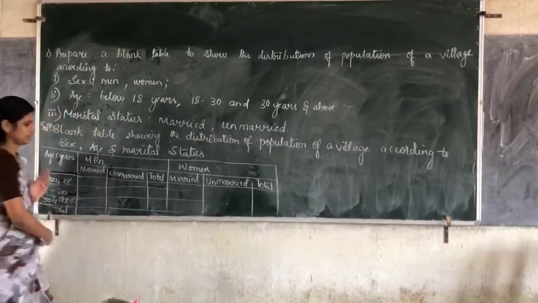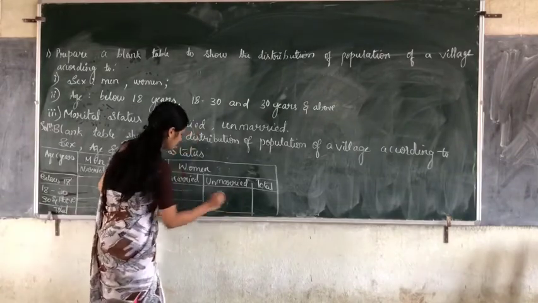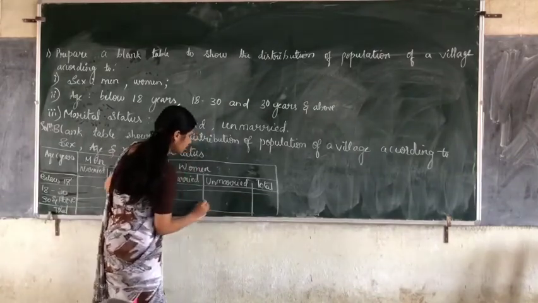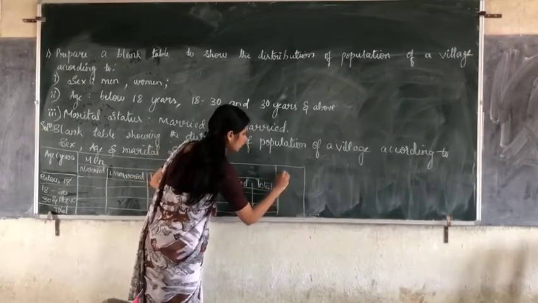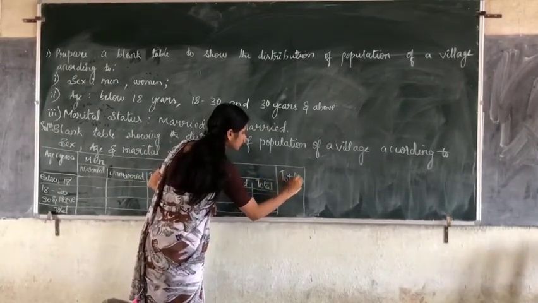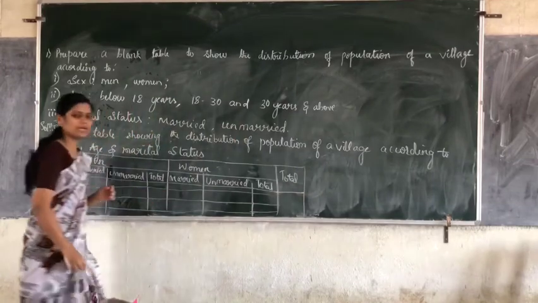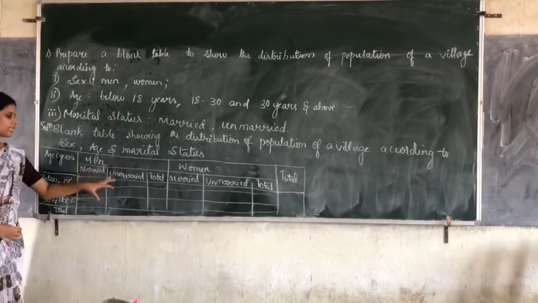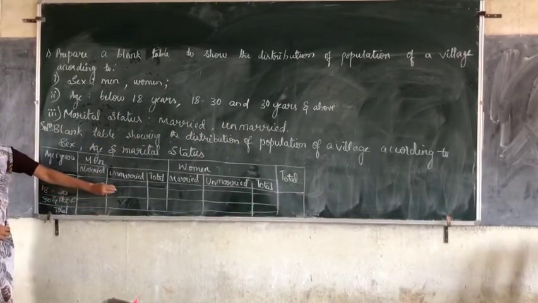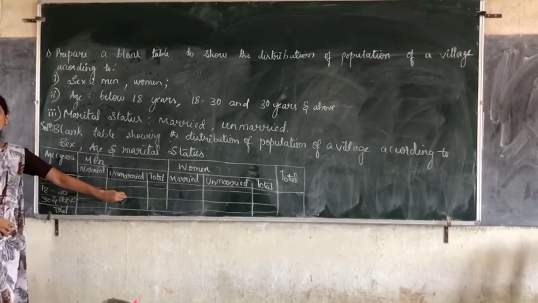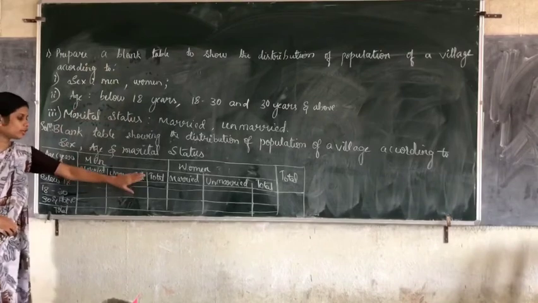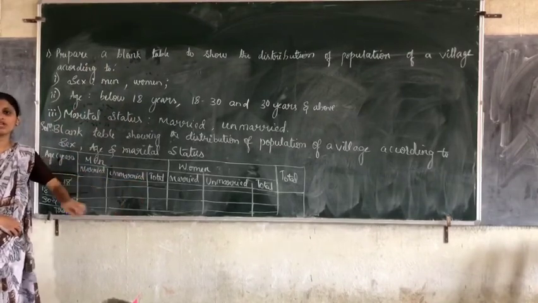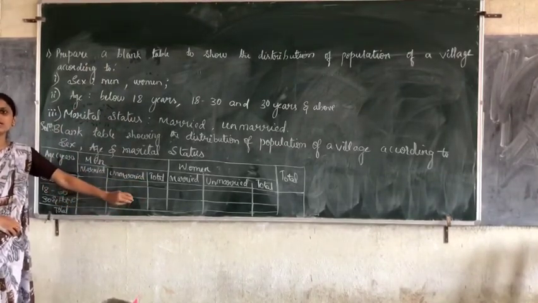Now, after drawing this table, there will be one more miscellaneous column, that is total column. Here in row we have considered total. Now in column also we have to consider the total. So like this you are going to frame a blank table. You are not going to insert any values in the body of the table because you are asked to prepare a blank table where the body of the table will be blank. You are not going to add any values in the cells.